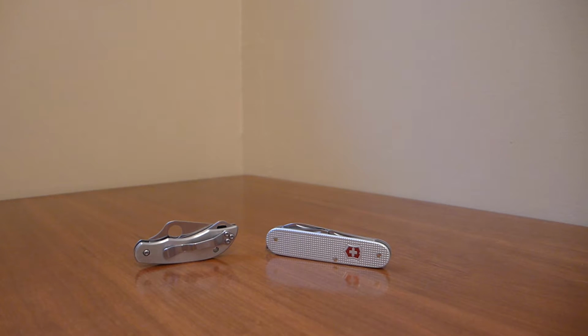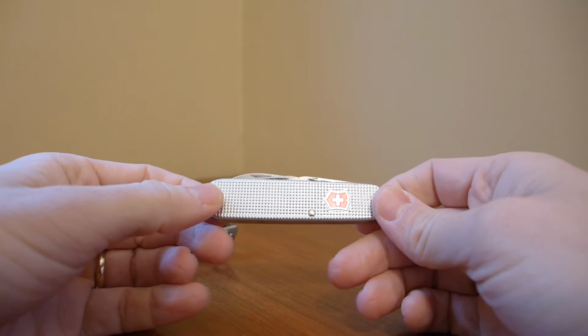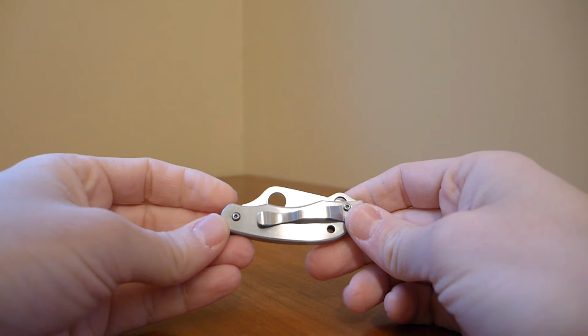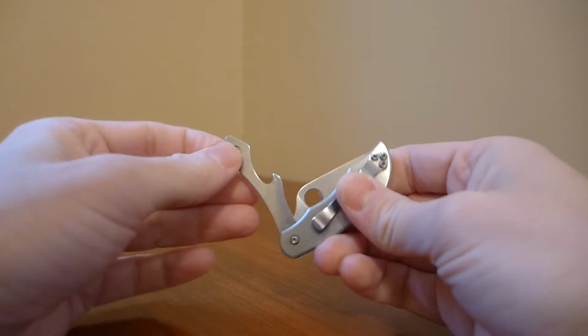Hey everybody, this is Everyday Commentary, and this is a video about these two knives. The first is the Alox Cadet, and I took off the little split ring because I never use it as a keychain. And the second is this knife, or this tool, which is the Spyderco Clipitool with the driver tool